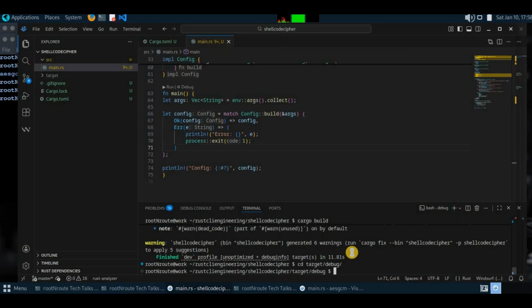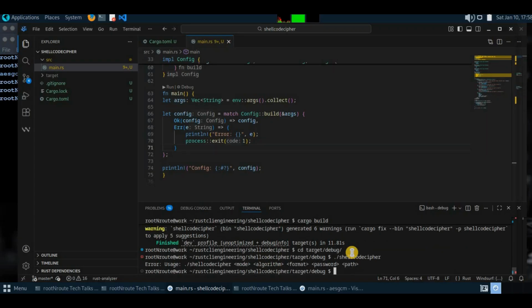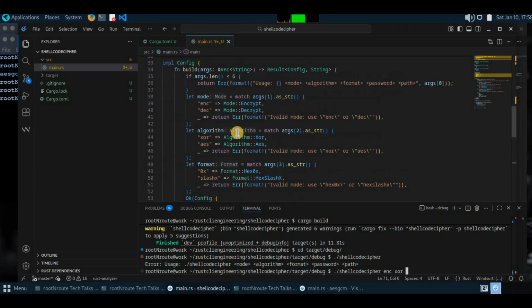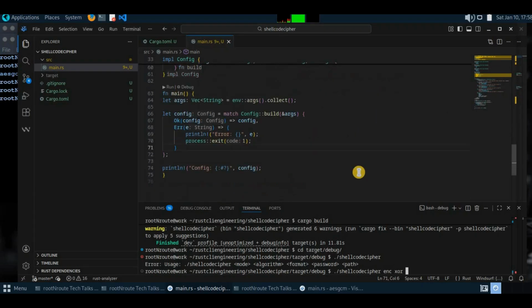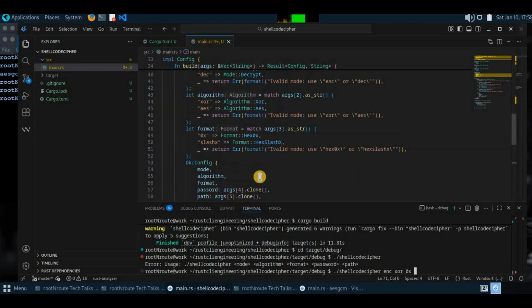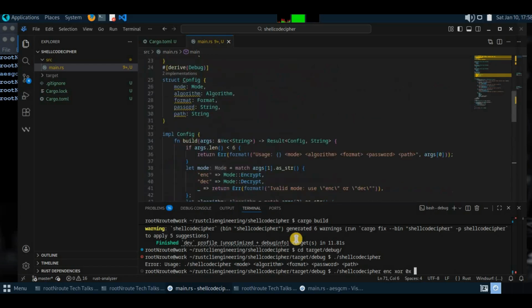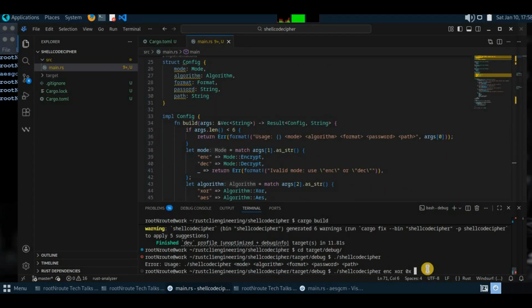What is the project name? Shellcode cipher. Yeah, the usage says shellcode cipher, mode and algorithm, format and password. For the mode I say ENC, for the algorithm I say XOR, and for the format, what was the format we had to supply? Yeah, I say 0x. Then after that it is the password. That was format, then the password. For password, encrypt,